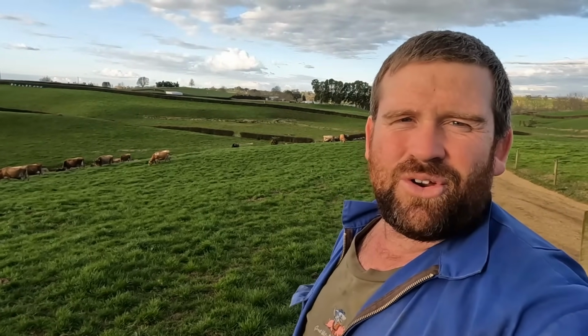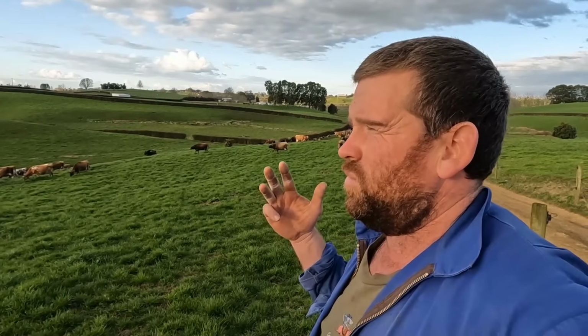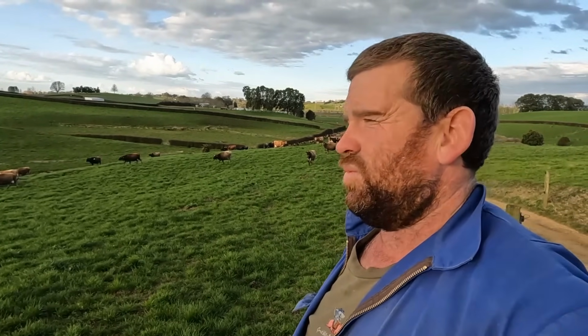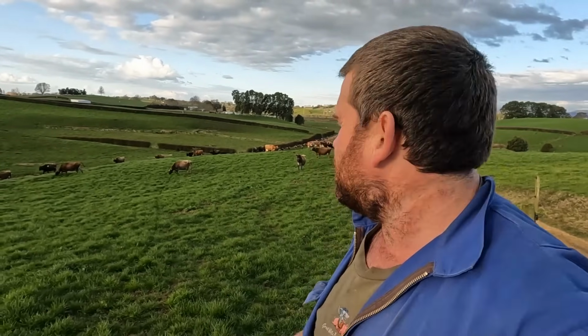Wednesday, heading down to Mike the Builder's, picking something up, taking the tractor down to get it. So I'll explain that in that video, because that's going to be a little bit interesting. And I still need to put a little bit of sustain on. I have done most of the farm. There's just 2 bags left to go, and I need to get a pasture walk in too. So that usually takes me like 3.5 to 4 hours. So a little bit pushed for time this week, but cows are here, so I am going to head off